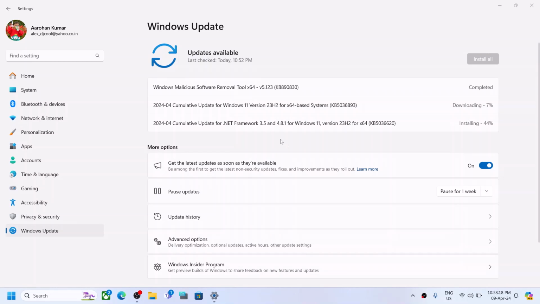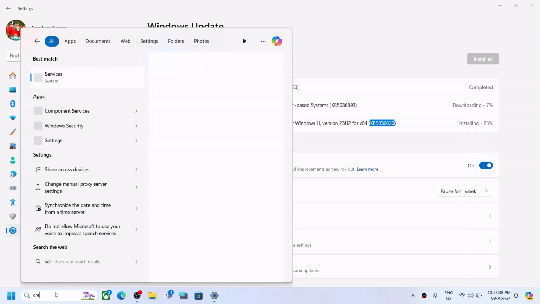Today in this video I'm going to show you how to fix when you are unable to install this update, that is KB5036893, or if you are unable to install, that is KB5036620. So if you are unable to install these updates on your Windows 11 computer, then please follow the steps shown in this video. Now the first step is to type in services in Windows search box and then click